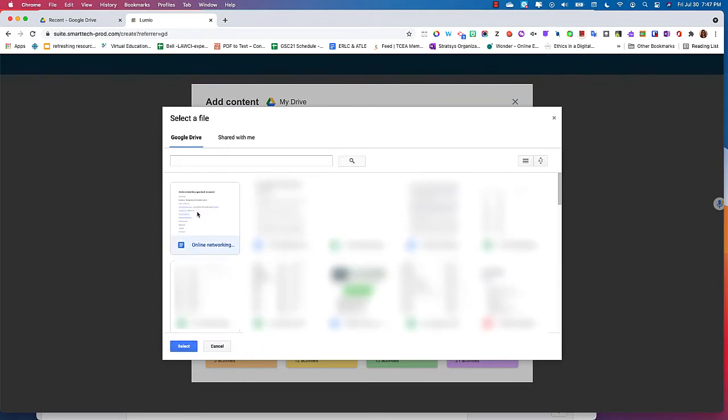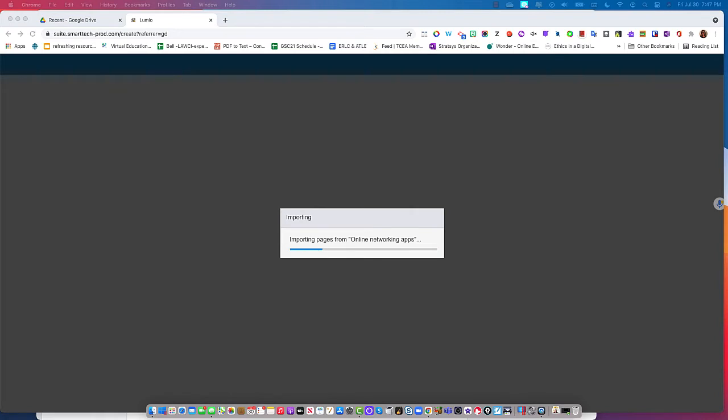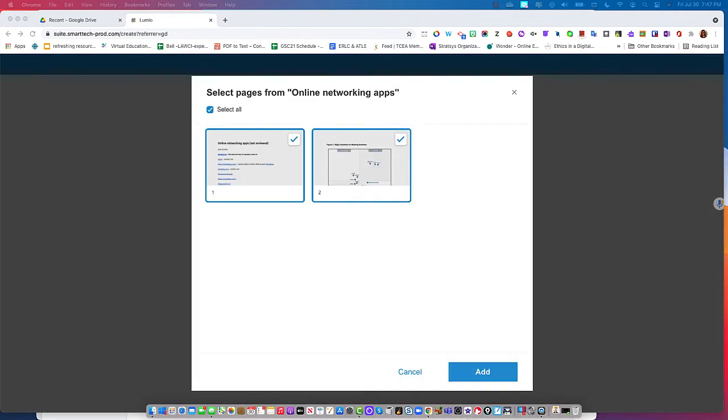Anyway, as an example, here's a file in my Drive. I'm just going to click on that file, and it's a Google Doc, and I can open it here in Lumio. Now, there is a quicker way to do this that I'm going to show you in just a minute. So anyway, let's let that file open. There's the pages in it. So I can choose, that's the page I want to open in the app, and then edit,